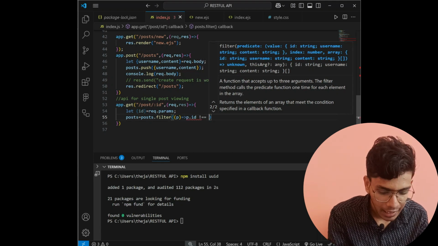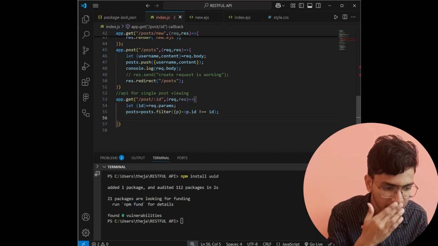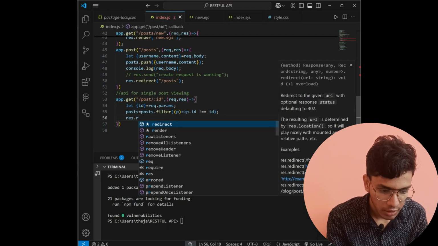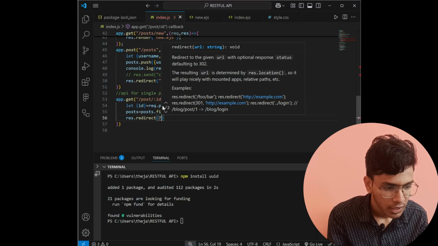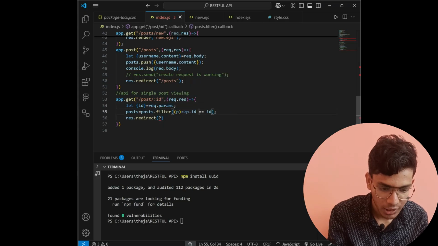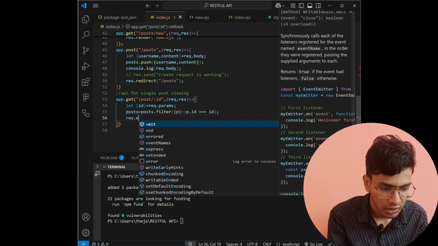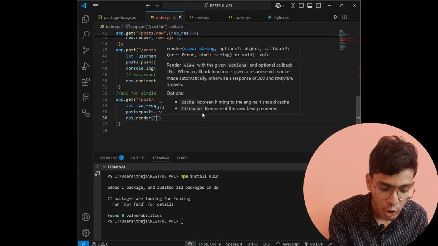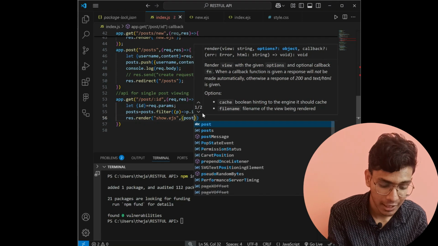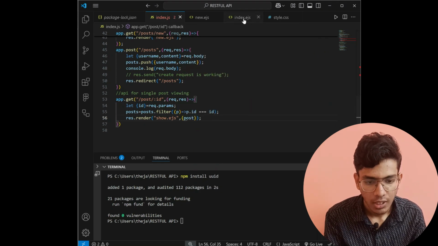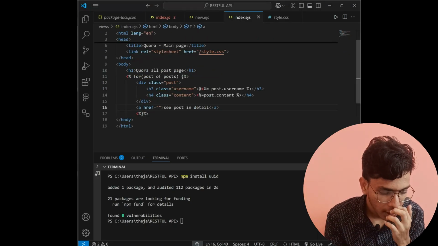If that ID is not equal, then I will write response dot redirect to my home. If that ID is equal, then I will render my show.ejs page, and along with that, the particular post. Okay, now let me save it, and in the index.ejs page, what I'm gonna do is that